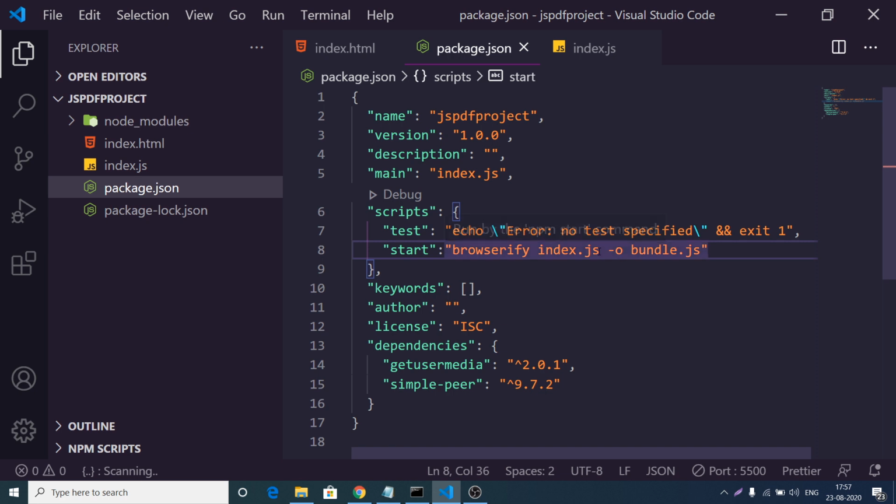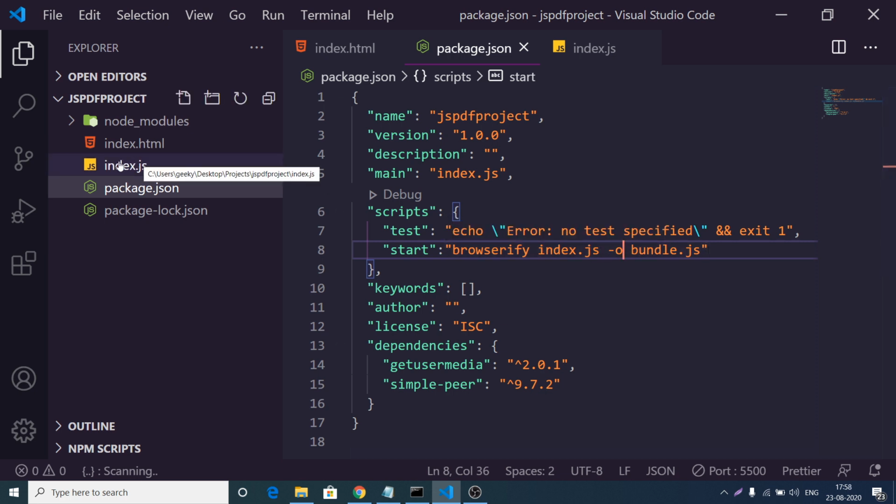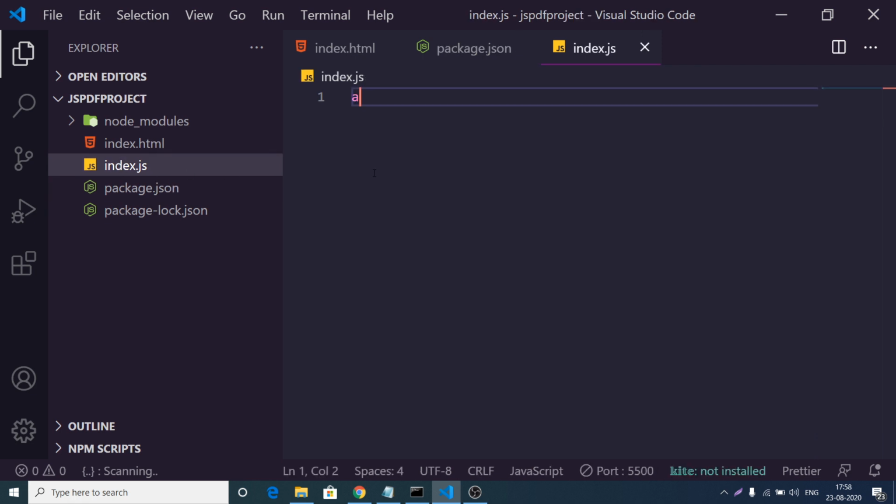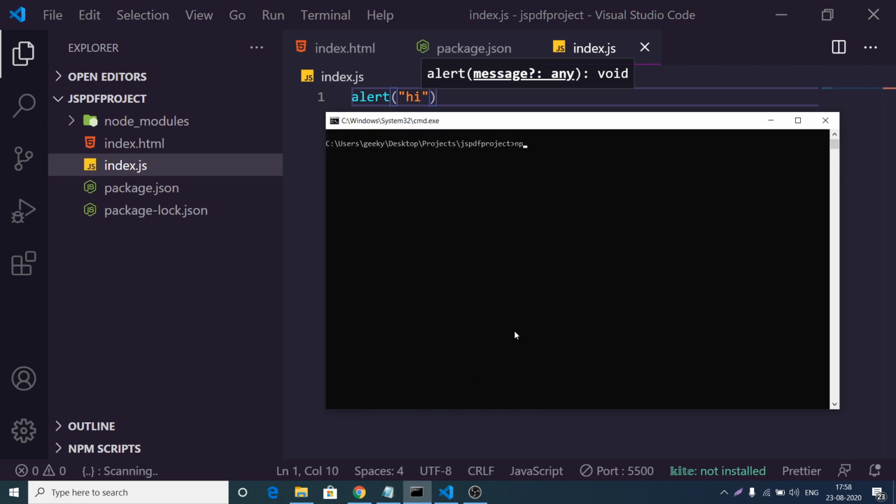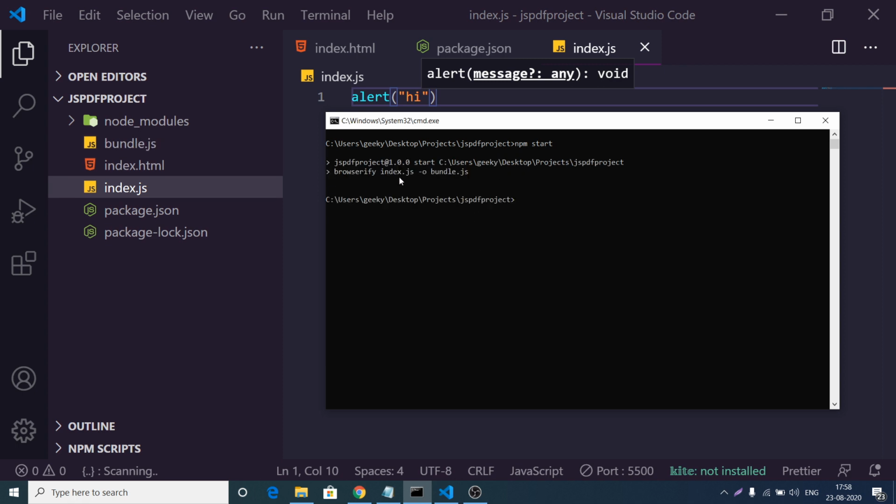This will run this command and create this dynamic bundle.js. If I write some code here, let's suppose alert hi, and then go to the command prompt and run npm start, it will run the script browserify index.js. It will take the input file and convert it to bundle.js.